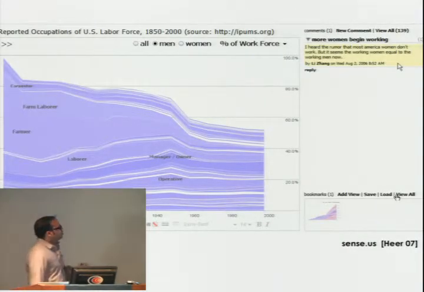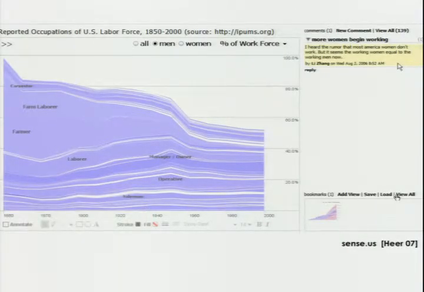Now, there have been research prototypes that are a little bit better. This is Jeff Heer's census system. This is showing employment data over the last 150 years in the United States. And here, they solved a very important problem. They tightly coupled the comments, which are over on the right, with the view of the visualization.